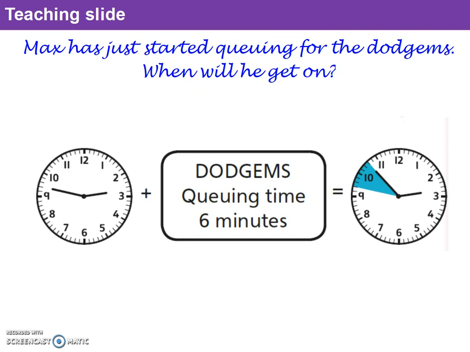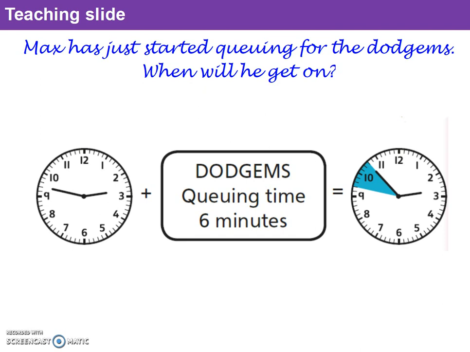So we've got 2:47 when he starts queuing, 2:48, 2:49, 2:50, we're 3 minutes into our queuing time, 2:51, 2:52, 2:53. So at 2:53, he's done his 6 minutes of queuing up. So in this case, we've looked at the idea of the time, adding on the 6 minutes to get our end time. And if we ignore the hours just for a moment, we can make this into a nice simple